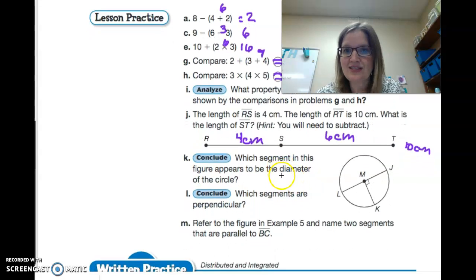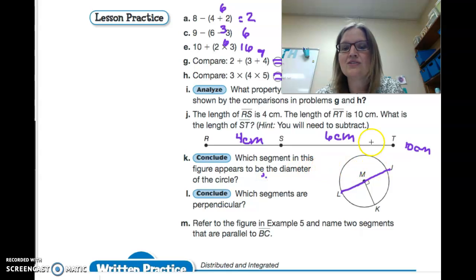This is another thing that Saxon likes to throw in, talking about radius and diameter. Do not be fooled. What segment is this figure? It appears to be the diameter of the circle. Remember, diameter cuts through the radius and goes all the way to the other side. Diameter is from side to side, intersecting your radius. Don't be fooled by that. We know that the diameter of this segment is going to be L